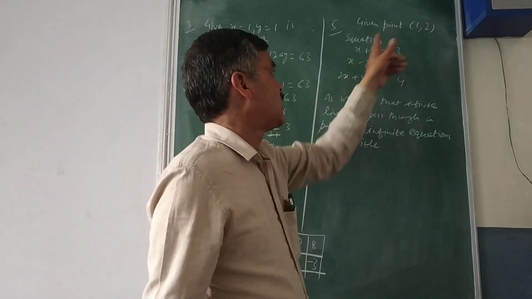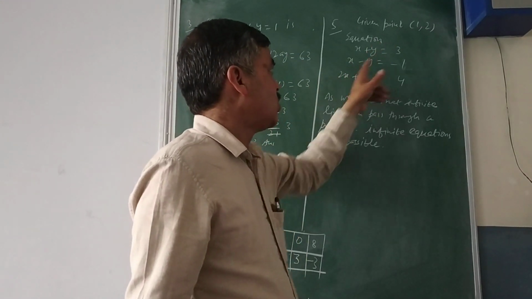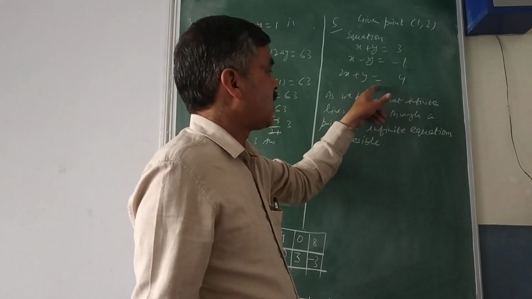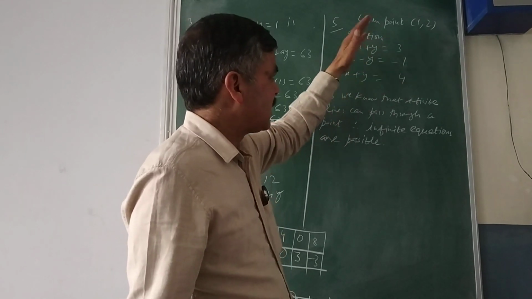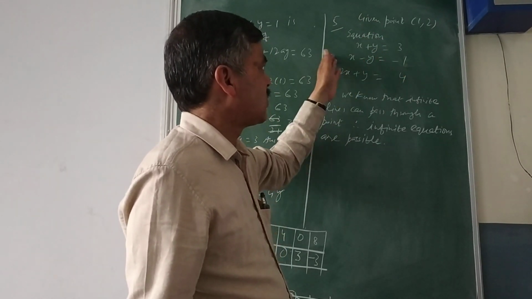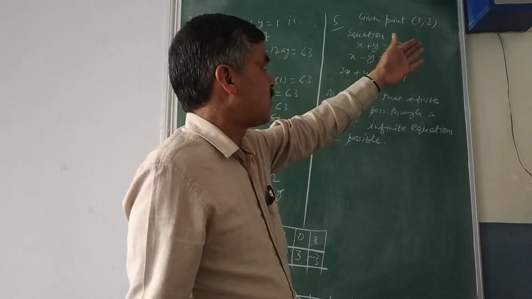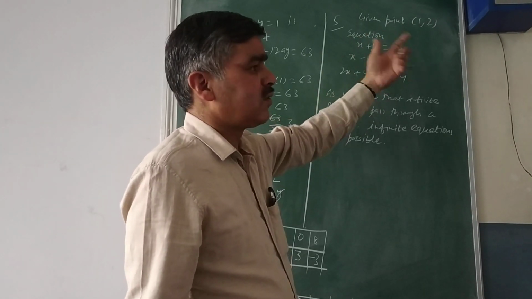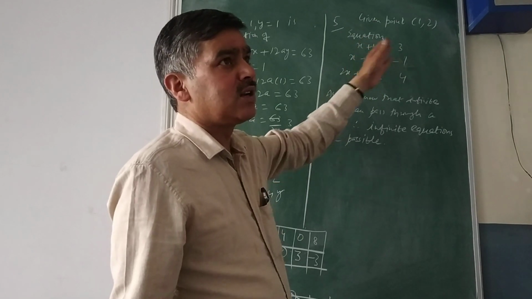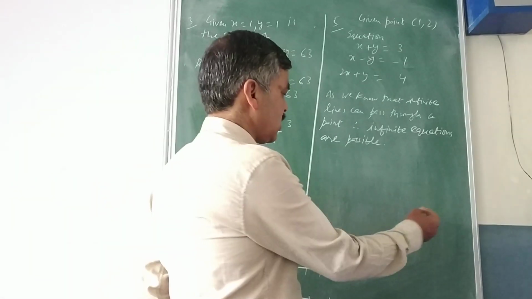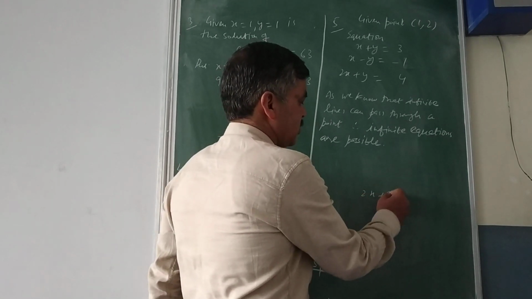Then with my own choice, think of any equation like 2x plus y. I substitute the values here. 2 1s are 2 and y, that is 2. So 2 plus 2 is equal to 4. After that I have written 2x plus y is equal to 4. In that way I can write infinite equations, but conditionally 3 equations you need to write. So one time you can think of the sum, one time you can think of the difference. 2 definitely you will be getting with your sum and difference only. And then you think of any equation. Suppose you are thinking 2x plus 3y.